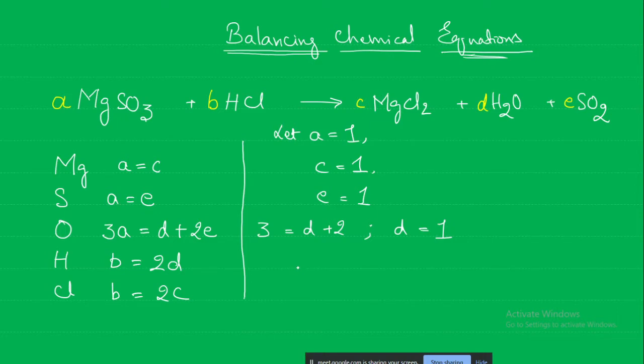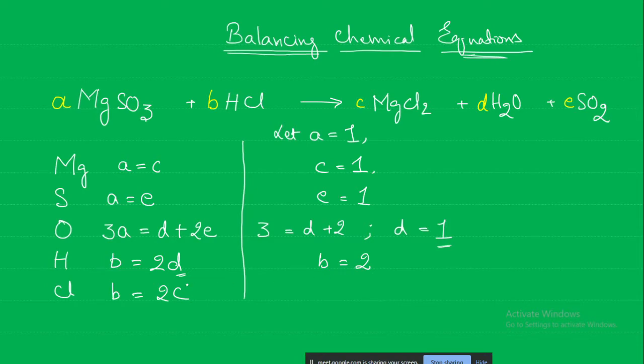Next, B is equal to 2D. Now here B we need to find out. D we know, D is equal to 1. So we will write B is equal to 2D, and D is equal to 1. Therefore B is equal to 2. Sir, I have not understood why B is equal to 2. Yeah. Here you see B is equal to 2D, no. And here we have solved already, D is equal to 1. So if D is equal to 1, then 2 into 1 is equal to 2. Therefore B is equal to 2.